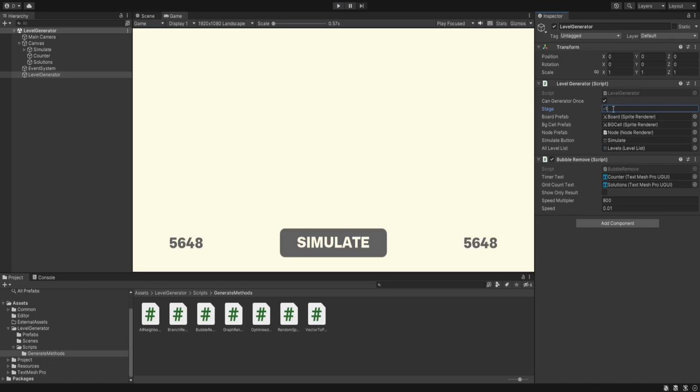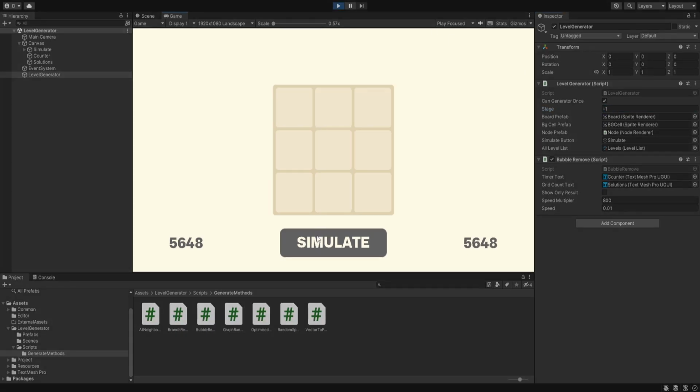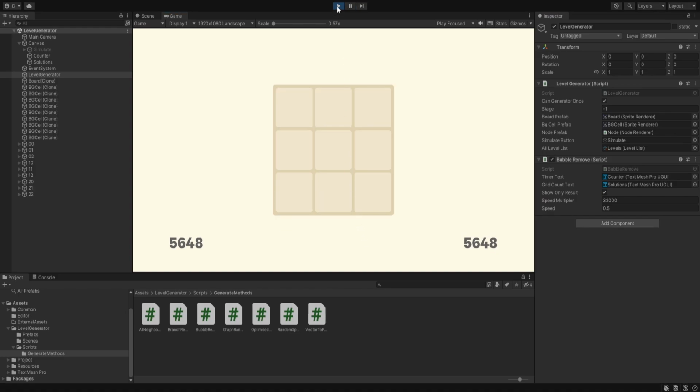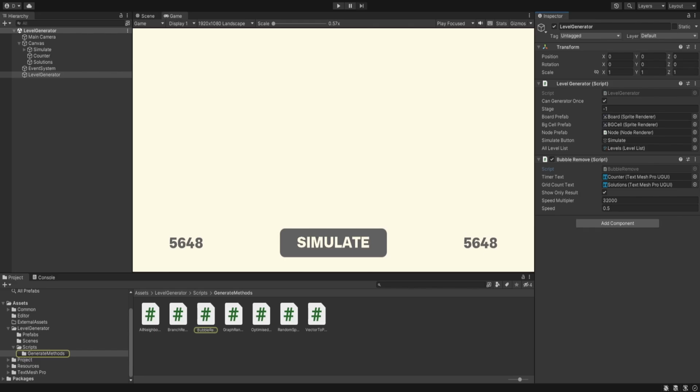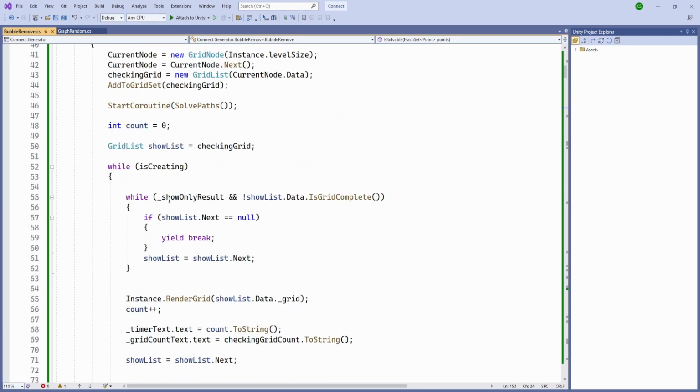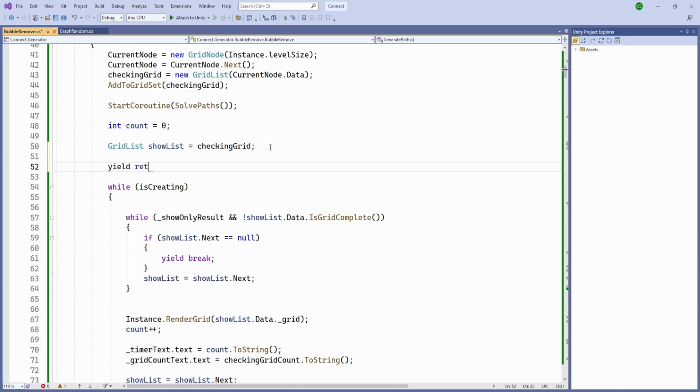So let's check for -1. We first need to check like 71, and every result should be there. So let's pass the 16,000 and 0.5, and okay, let's add a little bit of delay, so our script always works. So currently we are just solving the paths, and before that we'll add a yield return new WaitForSeconds, and we'll wait for 1 second,